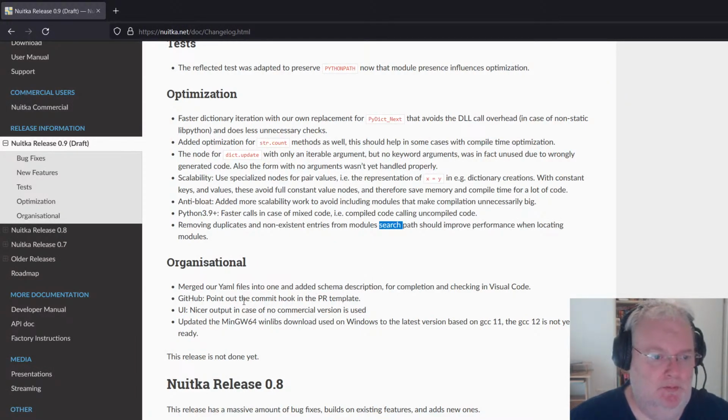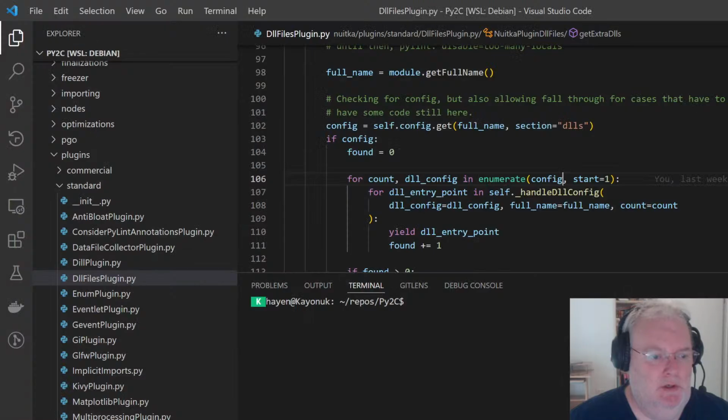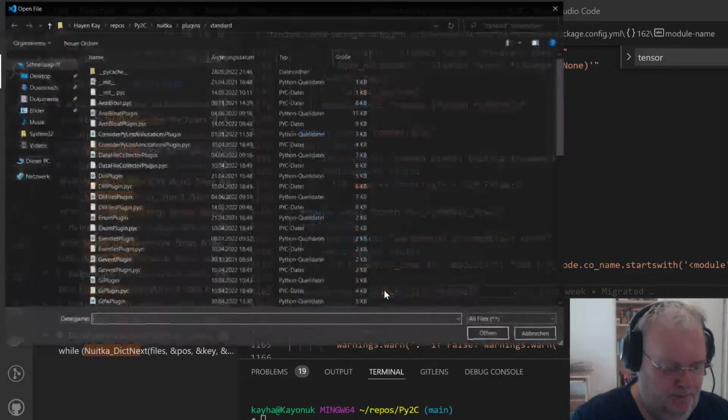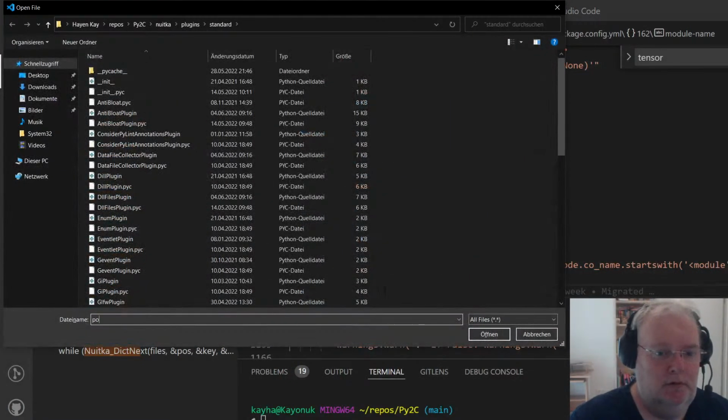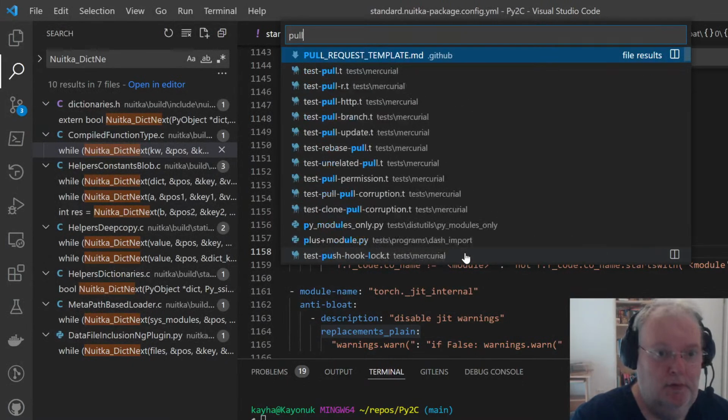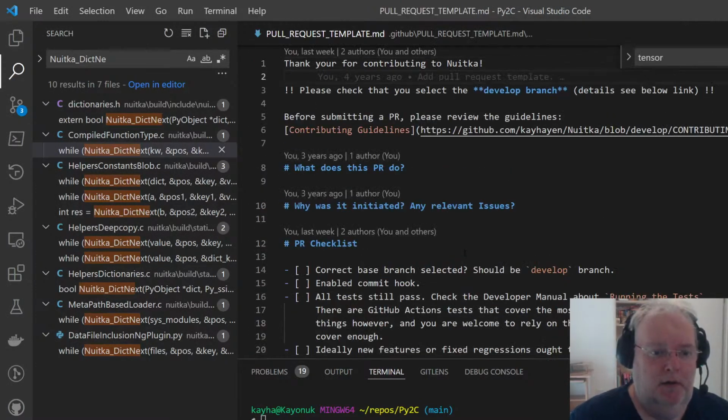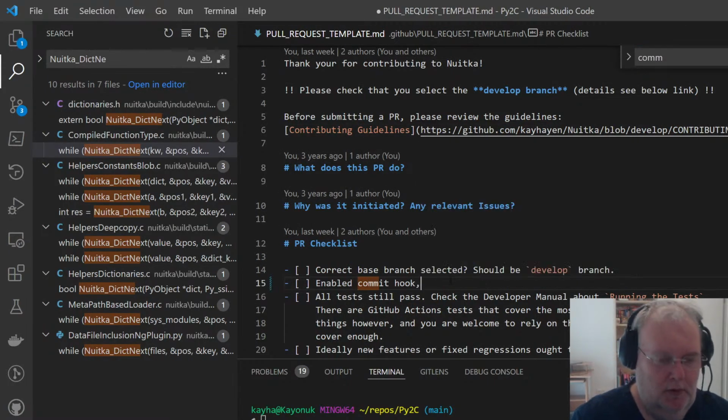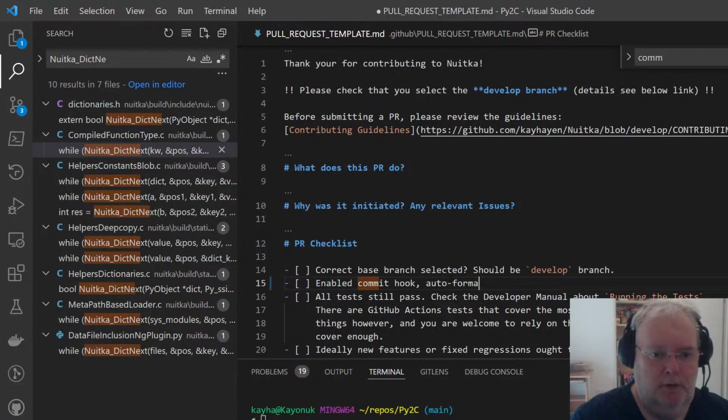Now, that's a very important point. When people do PRs, we don't use the commit hook apparently. So it's more clearly pointed out in the PR template. Actually, now that I think of it, maybe the pull request template: commit, enabled git hook, auto formatted code.